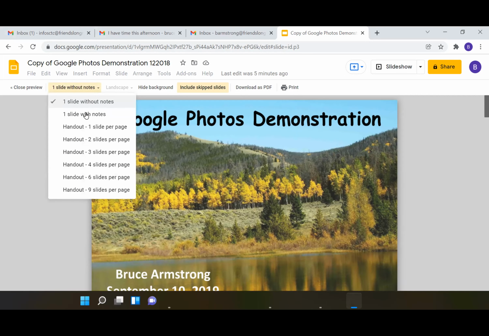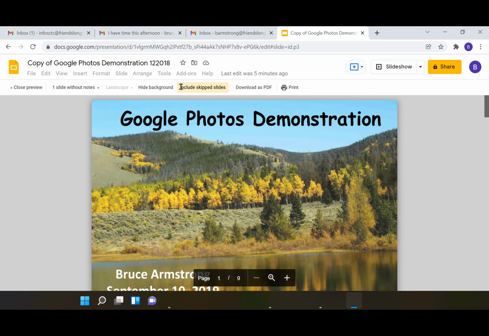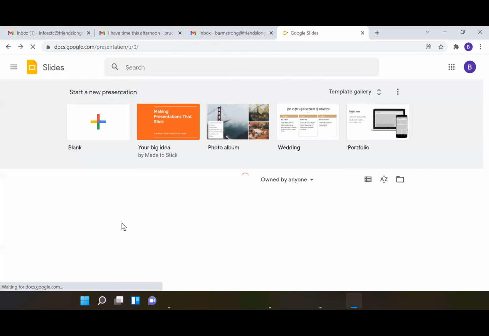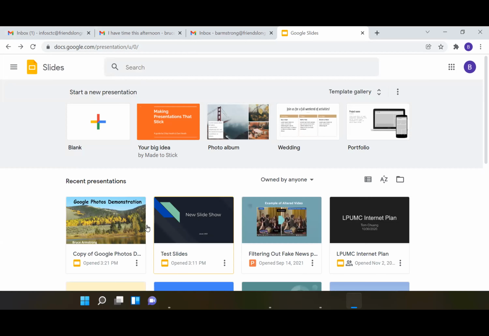There's other options here. You can have a handout, 1 slide per page, a handout with 2 slides per page. You can do all kinds of stuff with how you want to print it. So that's just something you can keep in the back of your mind when you're